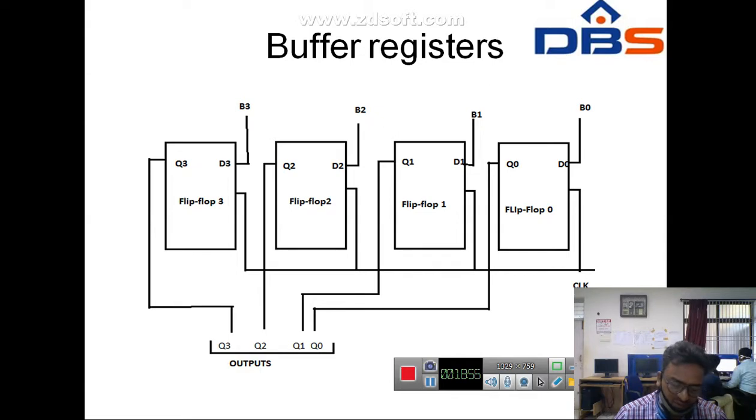So the stored binary word becomes Q, the overall 4 bit output, from MSB to LSB, that is Q3, Q2, Q1, Q0. Otherwise we can name it as X3, X2, X1, X0. For example, if you want to store a 4 bit binary word, that is 1010, in the buffer register,